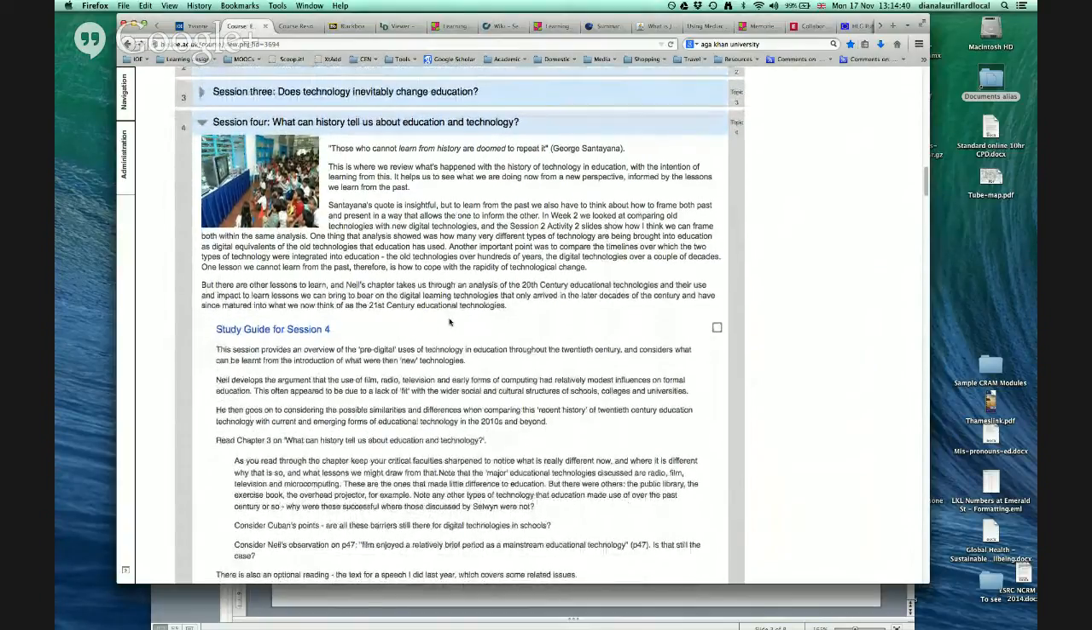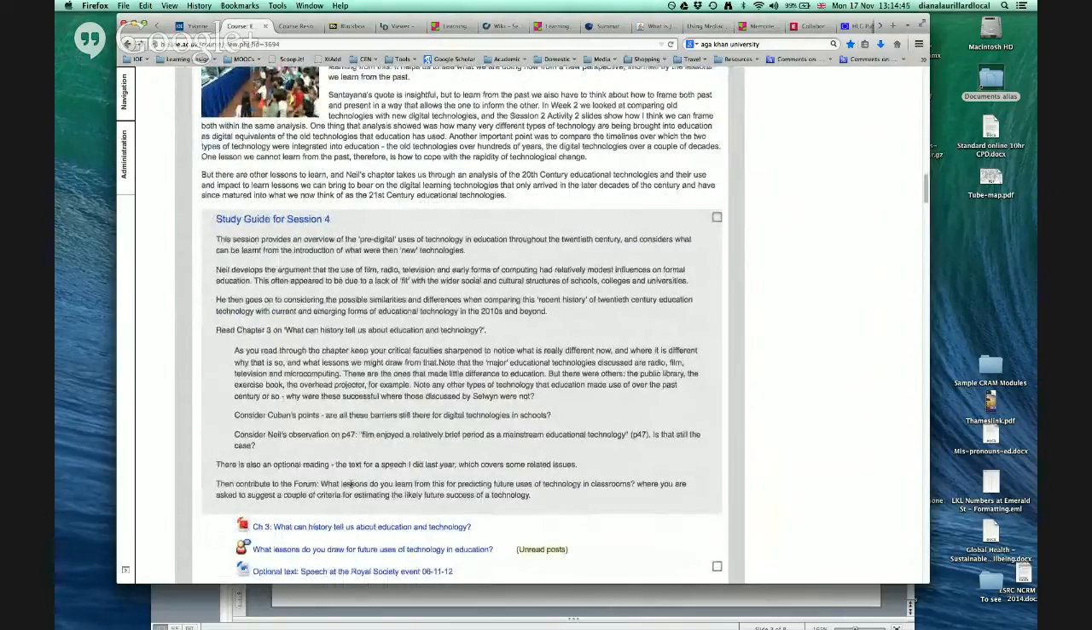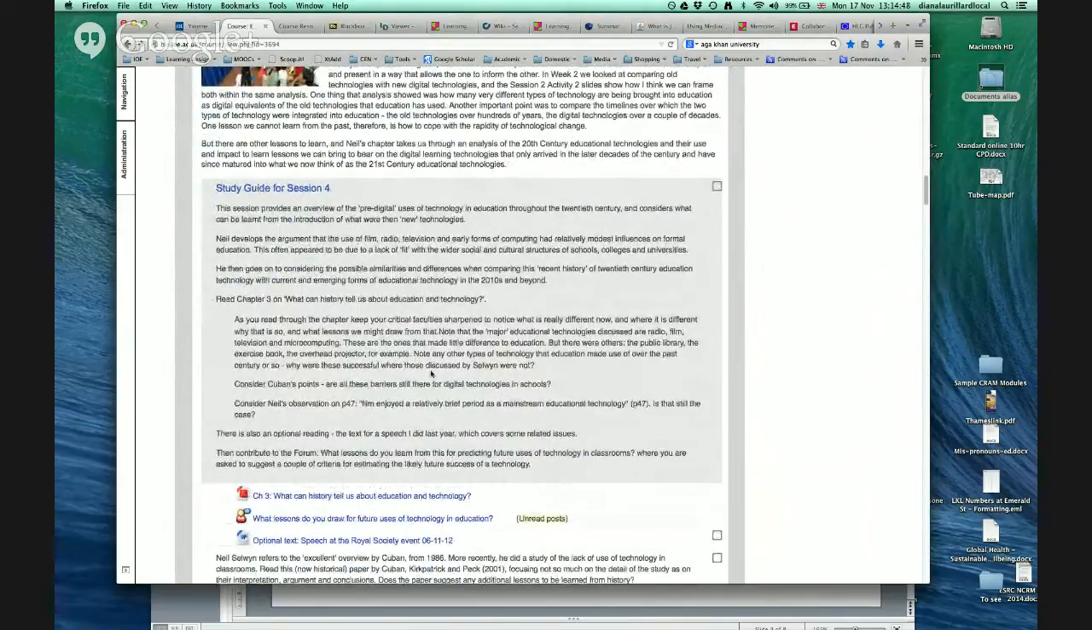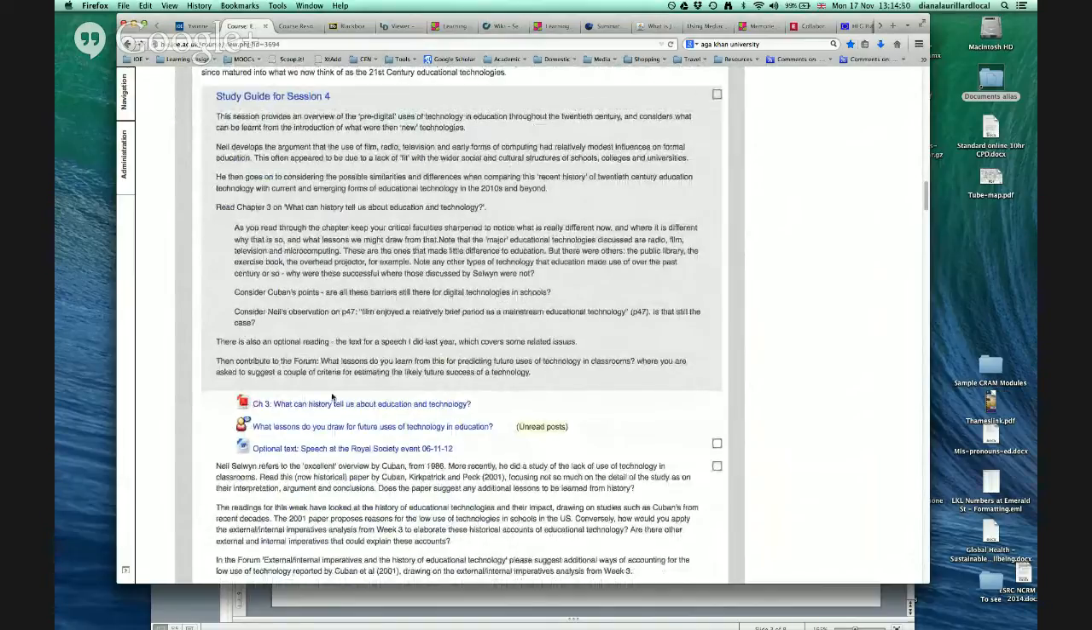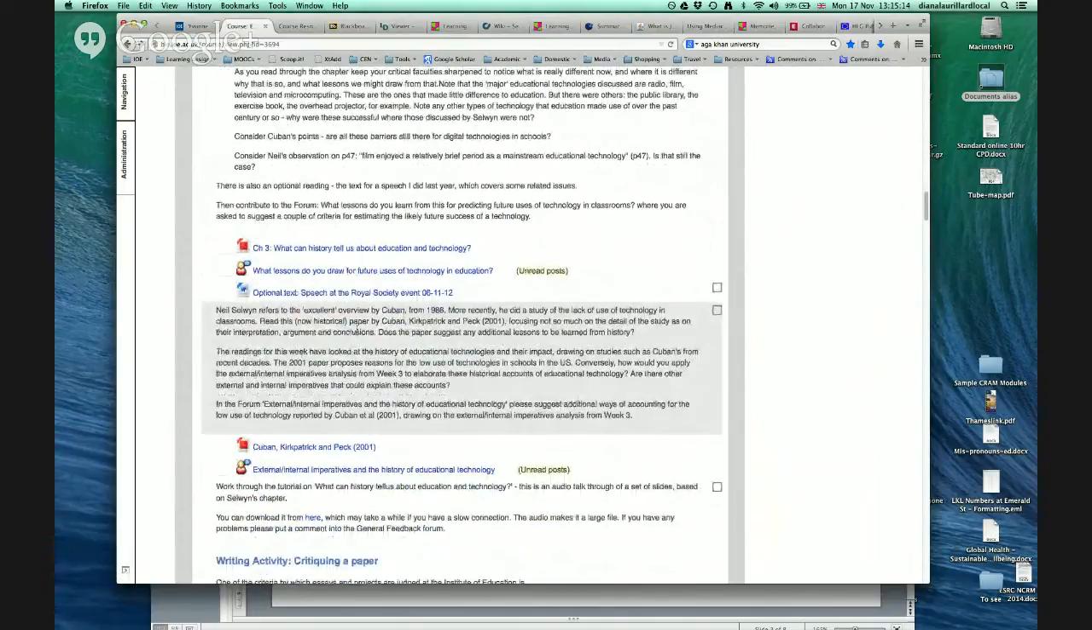So there's an introduction. The study guide tells them what's in the resources. So it's saying, here's chapter 3, which is doing this, and consider these points, and here is chapter 3 to read, and then here is a discussion forum, and it's asking students to go and contribute to the forum. What lessons do you learn from this process, which they've just been through, for predicting future uses of technology in classrooms? So then they go to the forum, then there's an optional text,